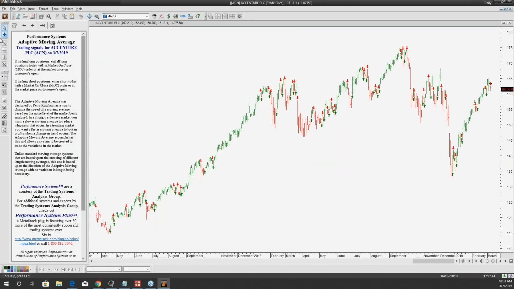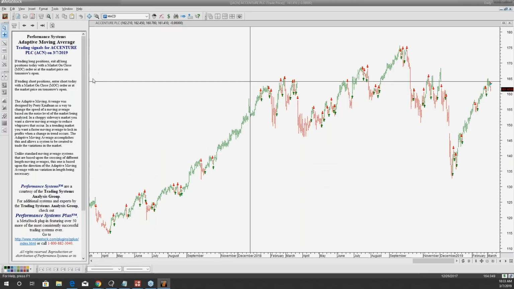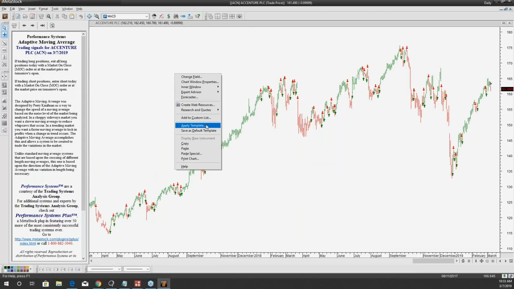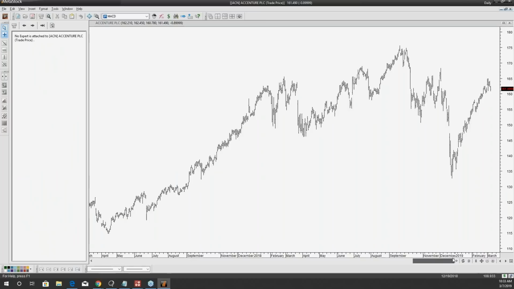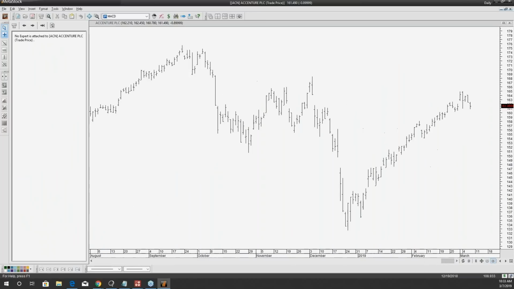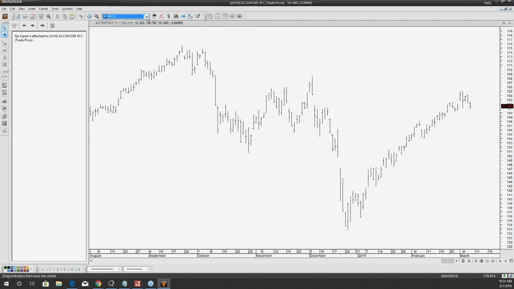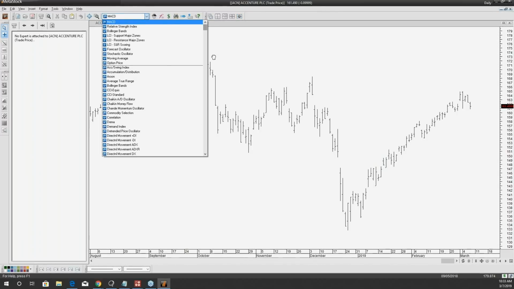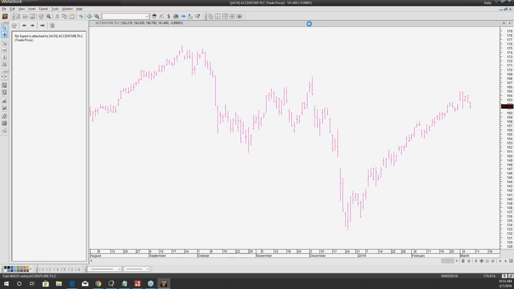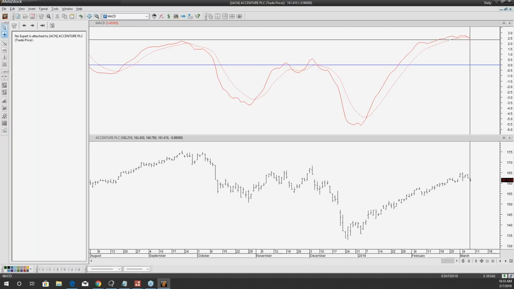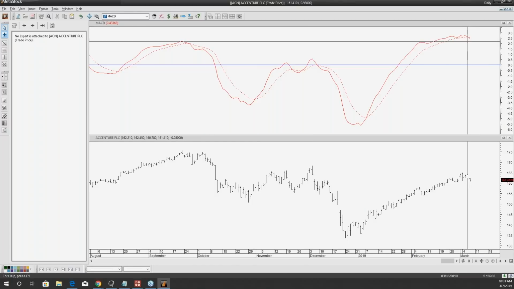But when we do that, okay. So I actually have an expert advisor attached already to this. I am going to detach that. So this is one of the signals we were getting a sell on. What we can do is we can check it out. Let's apply that MACD. I already showed you that, we can go to this indicator quick list, pull this MACD over, and we'll pull it up here to its own window. And it was based on it crossing down. And as we can see, that line is crossing down.